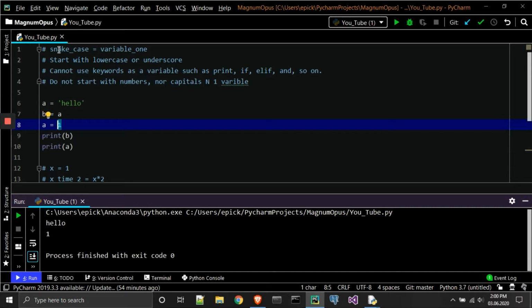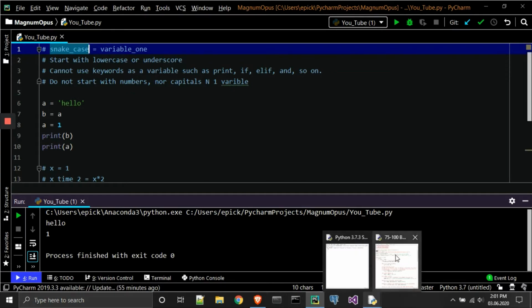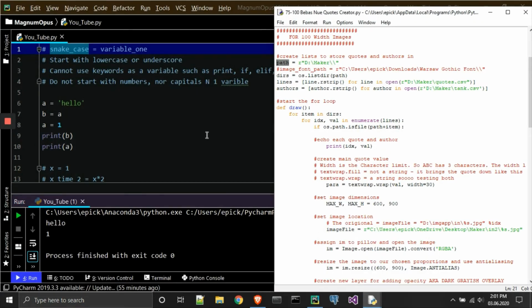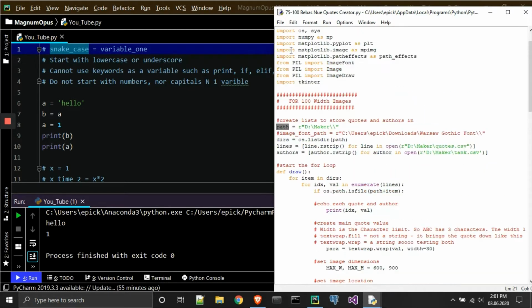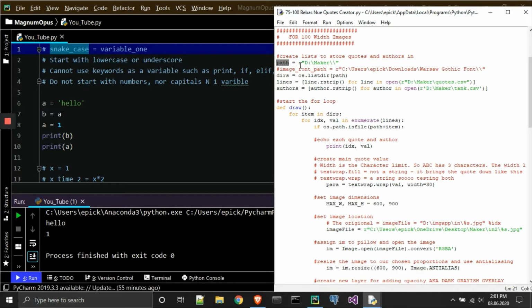So just a couple things to keep in mind. When creating variables, once they're written, they're going to hold the value that you assign to them. And likewise, it's very useful to have a variable that is actually used within the script itself. For example, I have a script right here that I use to create quotes. What I've done up top is I've imported my libraries, and then below that I actually have the variables being